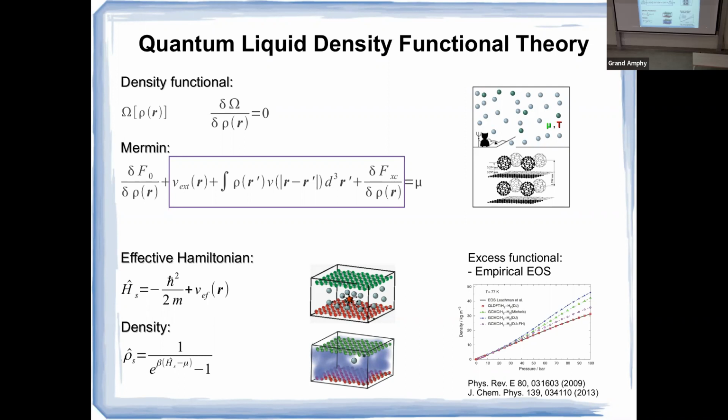So in summary, we have an original many-body quantum problem, and we translate it into a three-dimensional problem moving in an effective potential that somehow reflects or resembles the effect of the rest of the molecules. And then we have the Bose-Einstein distribution and all the observables computed from traces of this operator. The excess energy functional, which is the equivalent of the exchange correlation functional in electronic DFT, is derived from the empirical equation of state for the homogeneous hydrogen fluid, from the empirical data.